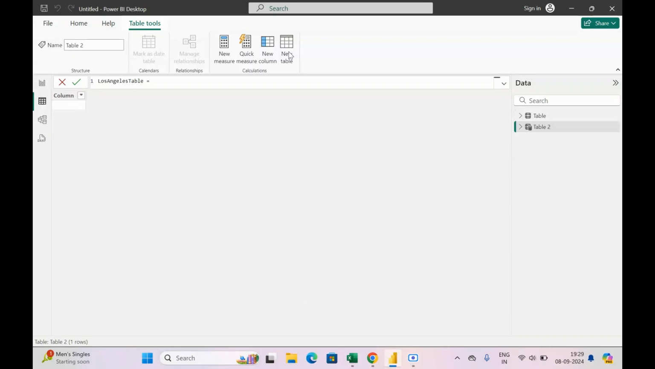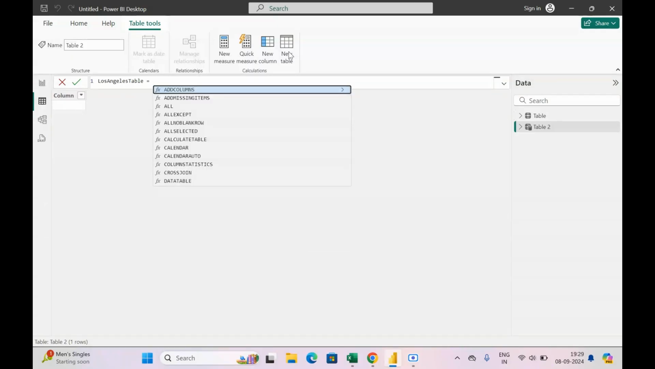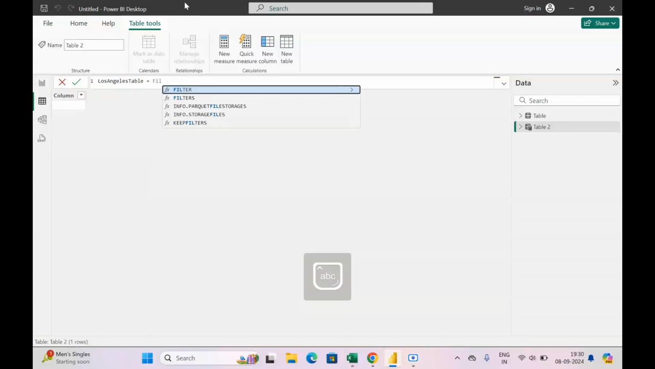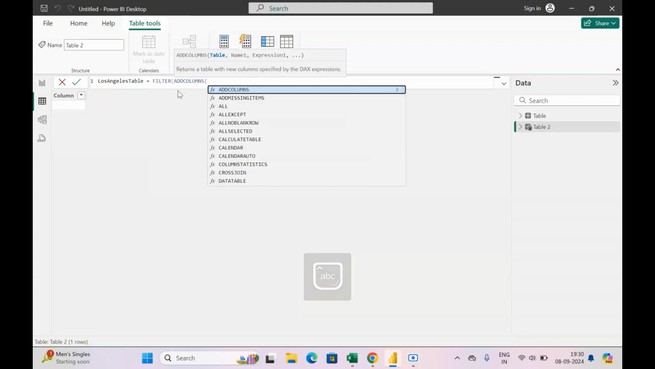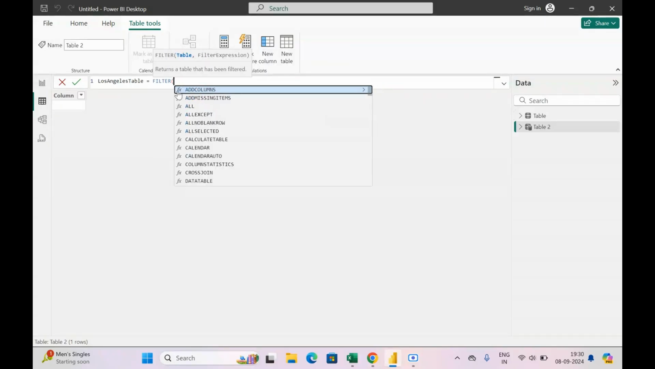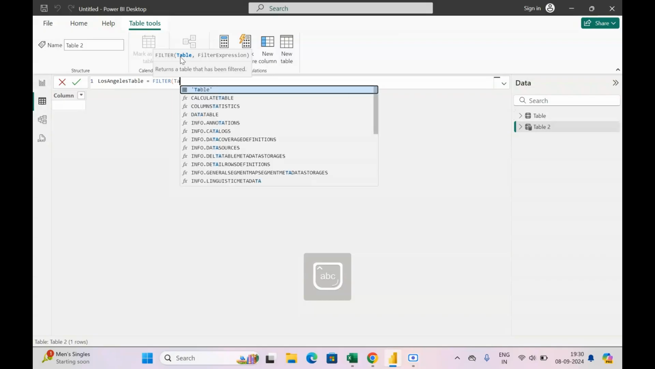Now I have to use filter over here. Filter takes two parameters. The first parameter is the table name and the second parameter is the condition. So I'll say Los Angeles table equals filter. As you see, in filter it asks me for the table. My table name is table itself, so I'll just say table,